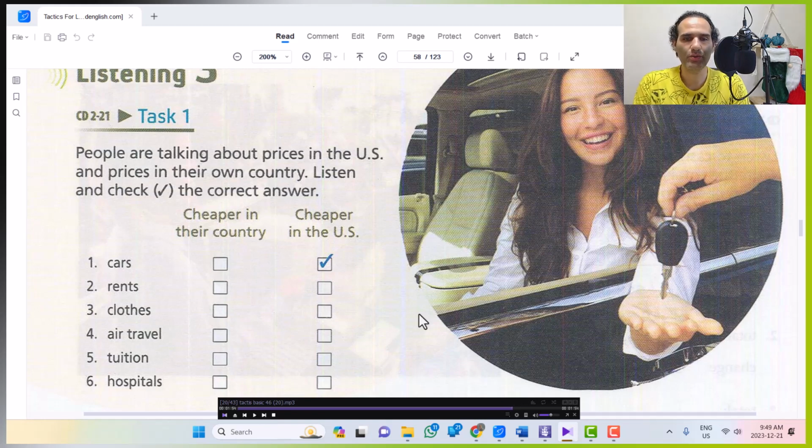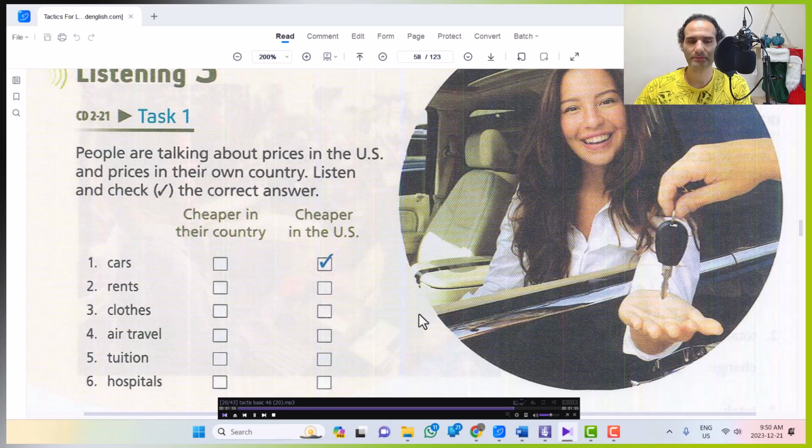And about tuition, he feels that the United States is cheaper because he says public schools in the United States are really good and everybody sends their children to public ones. But back home, if you want proper education, you should send your kids to private schools, which have high tuition.